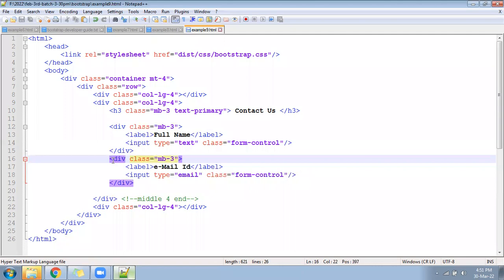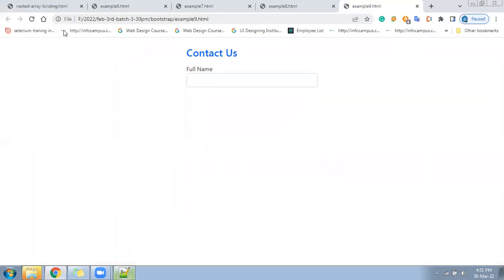After that, see now this should look very clean.